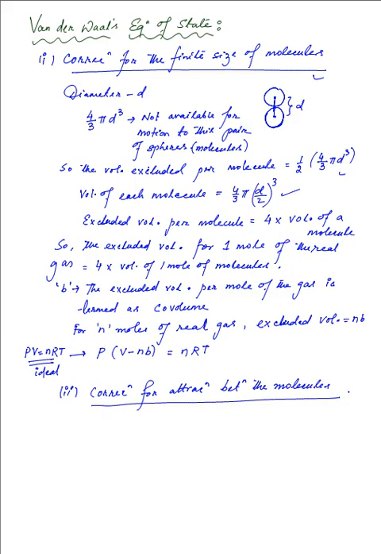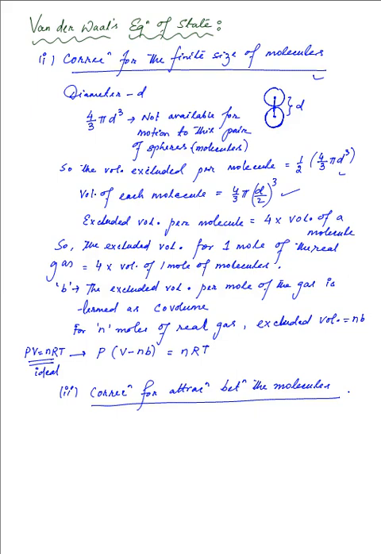Now the ideal gas equation was derived under the assumption that the molecules move as independent free particles and there's no intermolecular force. But the presence of attractive intermolecular force is demonstrated by the tendency of all gases to condense to liquids at low temperatures. So at these temperatures, the potential energy due to the mutual interaction overcomes the kinetic energy of the molecules. So the correction for this molecular attraction is made in a semi-empirical manner,